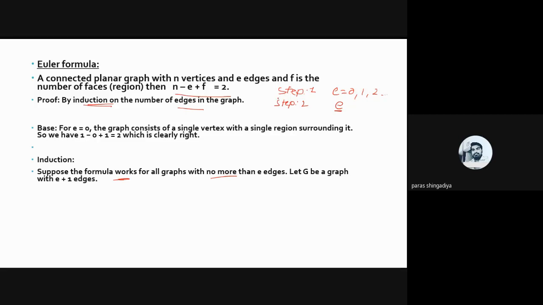वर्क कर रही है, ठीक है। Suppose that the formula works for all the graphs with no more than e edges, का मतलब क्या हुआ कि up to the e edges, ठीक है, up to the e edges. And by using this assumption, we'll prove that in step 3, this formula is true for all the graphs which contain e plus 1 edge, ठीक है। अगर e plus 1 के लिए प्रूव हो गया तो e के लिए भी प्रूव हो जाएगा।